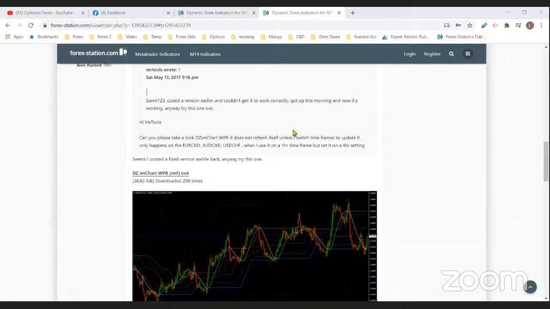Now, the line that you see here, the orange and green line, simply indicates the direction, your directional bias. Green means that price is trending upwards. Orange means that price is trending downwards. Now I won't be changing the line to red, so I hope you understand this entire portion.